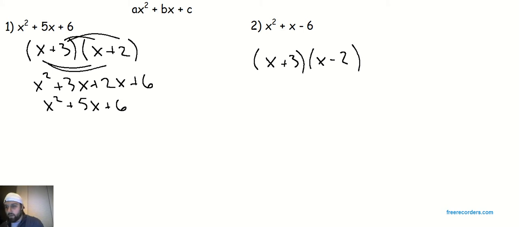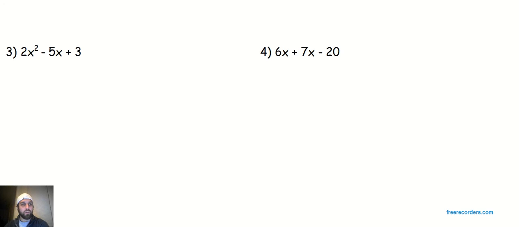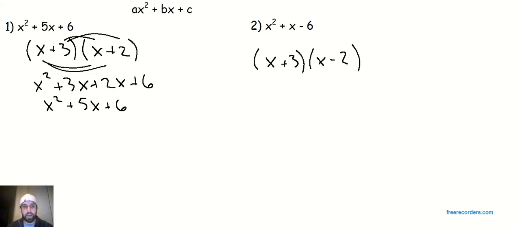Well, what if I started to see something a little bit more complicated? That lead coefficient now is something besides a 1. Okay? Well, it gets a little bit more complicated. So we're going to start with something that we already know and walk through the more complicated process. Well, if we take something with the lead coefficient of 1 and a c value of negative 6,